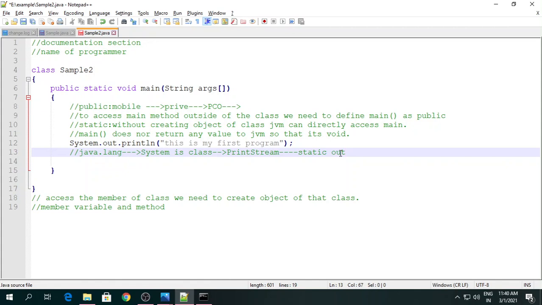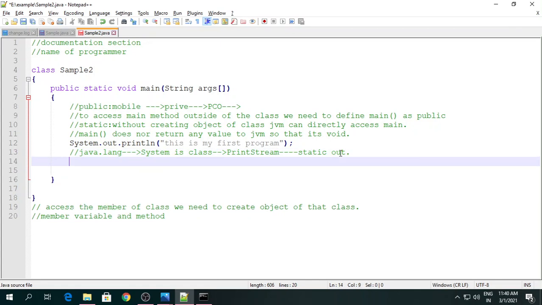This variable is used to print a value on a screen with the help of the println method. So here are println or print, two different methods. The println method prints some values or some message.